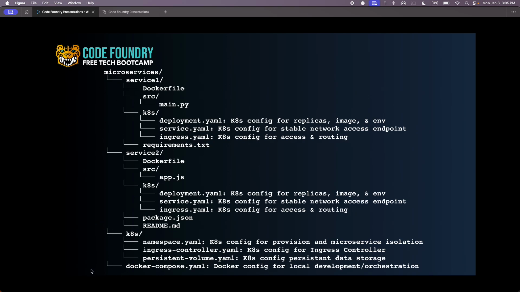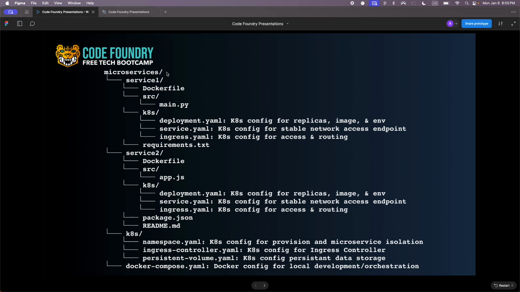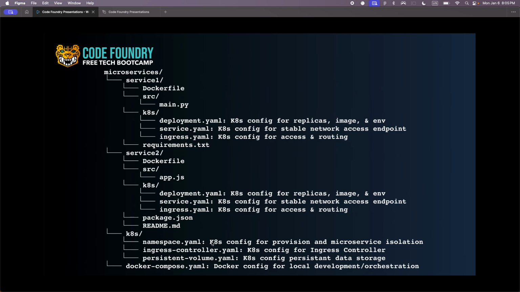Finally, we have our Kubernetes directory, which is within our microservices directory. This Kubernetes directory has information for our namespaces, so how we isolated these containers, an ingress controller for communicating with the outside, and a persistent volume configuration file. We'll go through each of these separately, but the last thing to note is that we have a